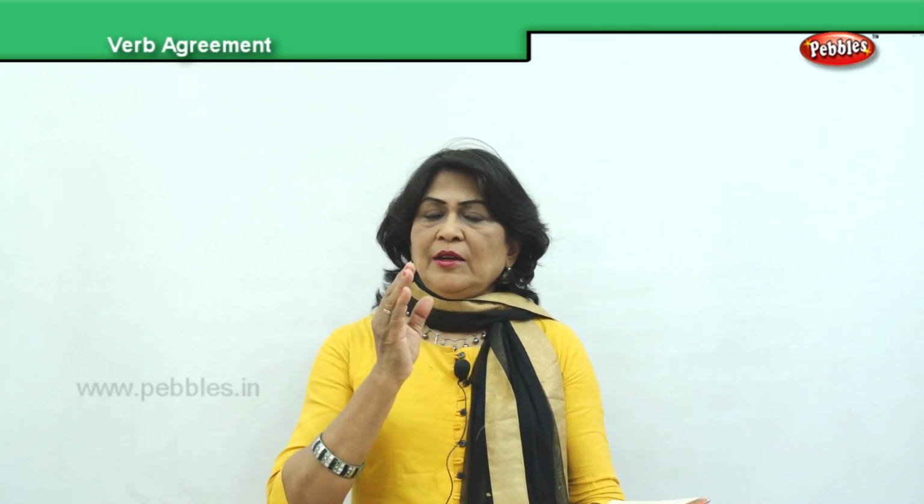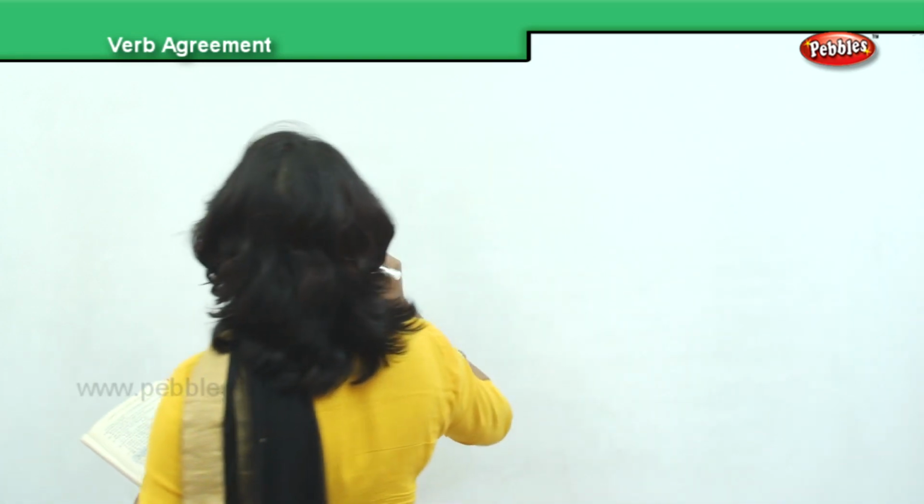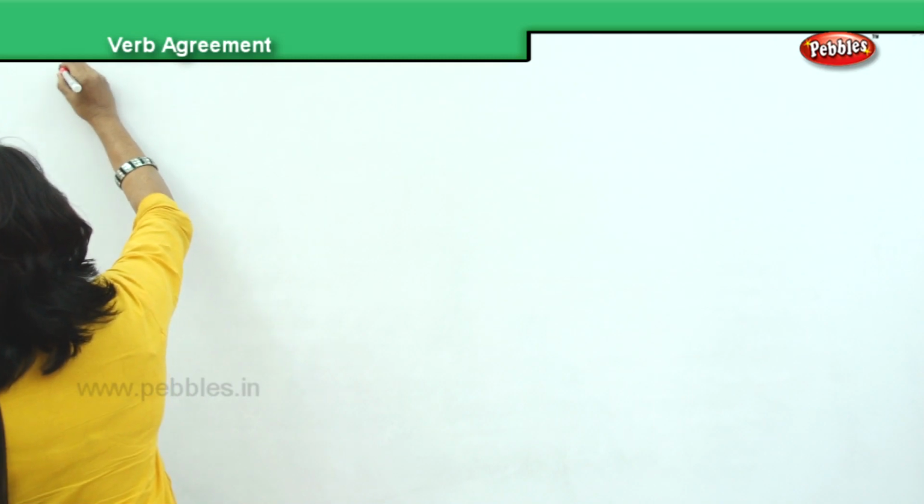If there are two people, or more than two, then the verb agrees in a different way. If it's a single person, it's used in the singular form. This is what we are going to see now, verb agreement and how a verb agrees with a subject in its person and number. Shall we? There are some rules to be followed and I am going to teach you the rules. So, this is verb agreement and first rule.